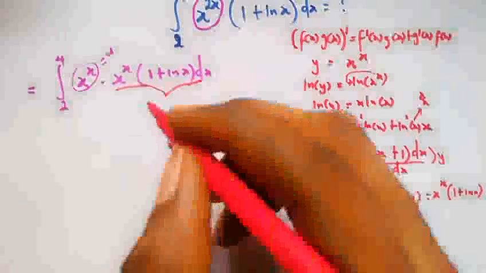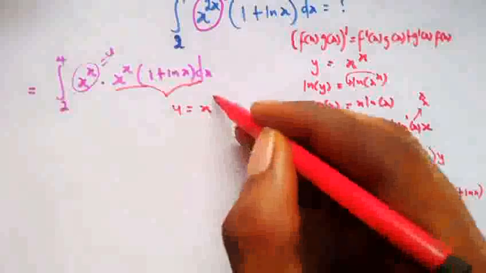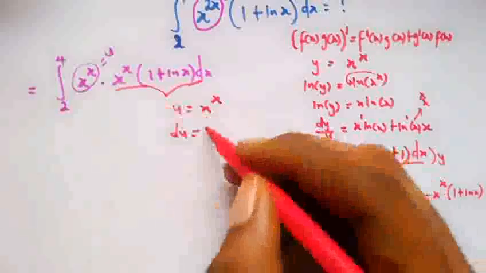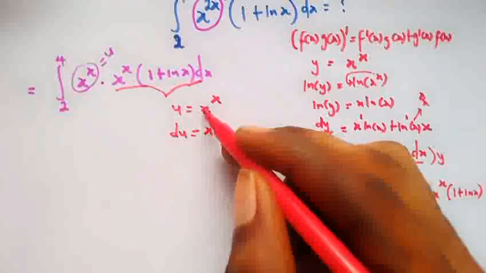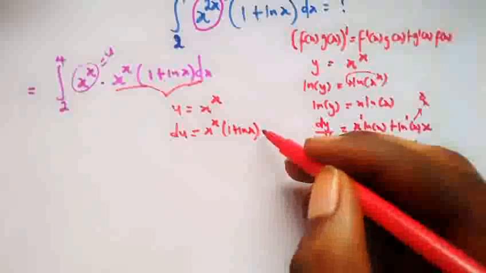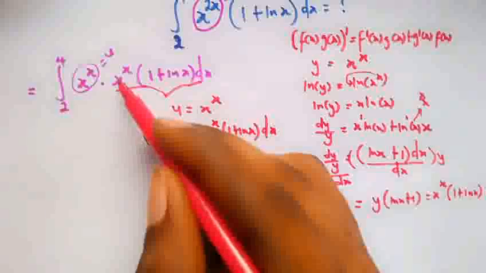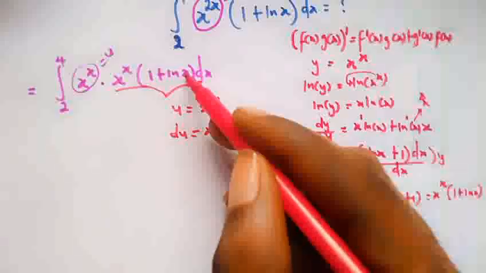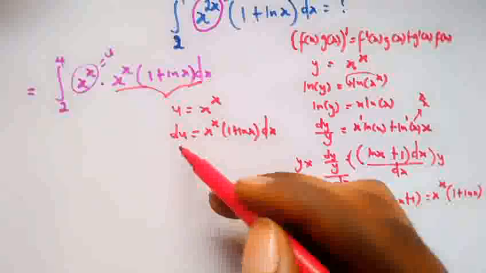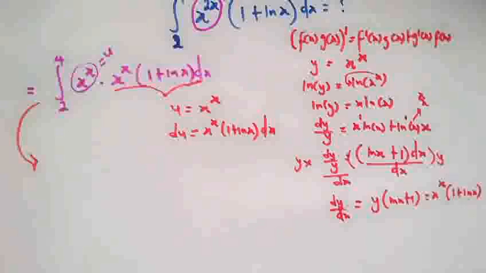So we can easily take this substitution, saying let u equal to x to the power of x. Now we all know du is equal to x raised to x, that is to differentiate this, then open bracket 1 plus natural logarithm of x, then dx, and that is exactly what is here. So whenever we see x raised to x, open bracket 1 plus natural logarithm of x close bracket dx, we are going to substitute it using what? du. So now this integral is becoming